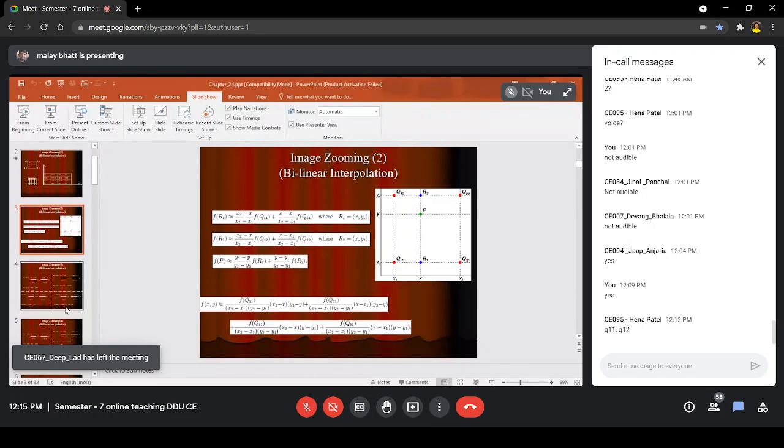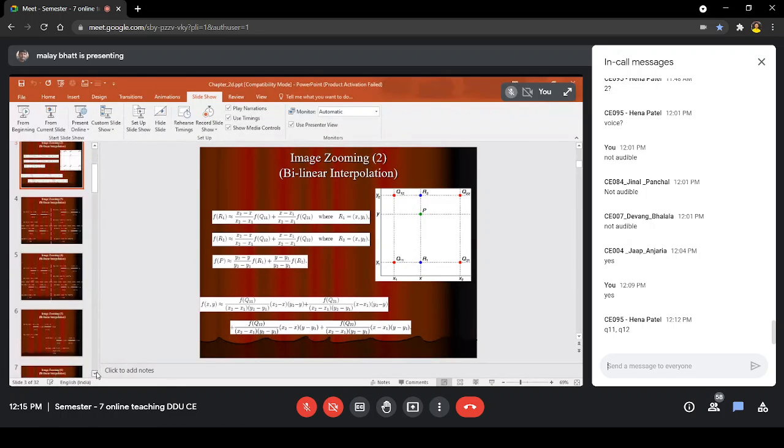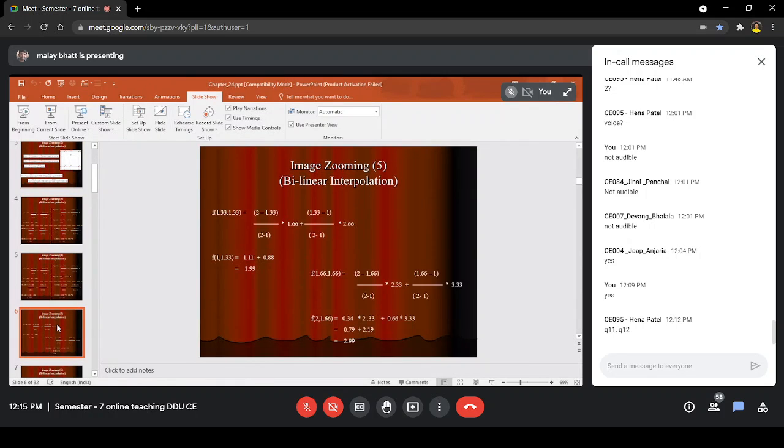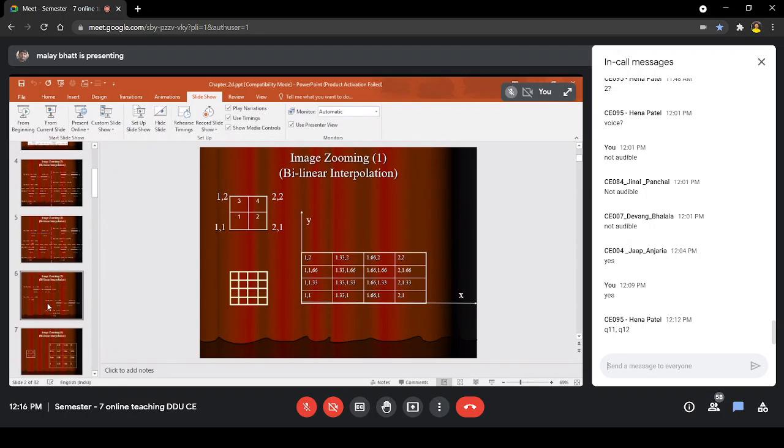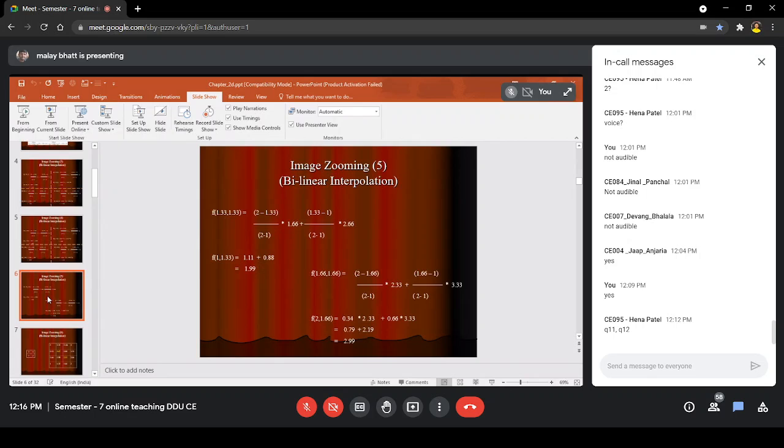So here we have four such points. I am using the equation f of p, so f of p I am calculating based on this equation for the middle first point. The first middle point we are considering is this 1.33, 1.66. It is the coordinate 1.33, 1.66. So this is how we can get the value of this point.